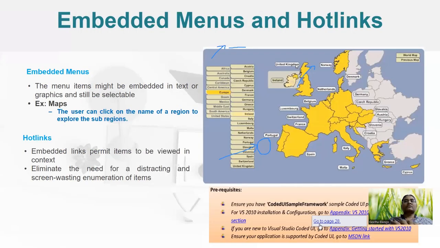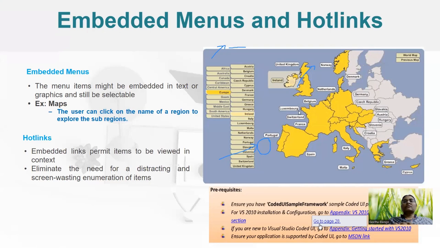The next one is embedded menu and hot links. So embedded menus are like what you have in your Google Maps. Okay, so you can view the name of the location in the Google Map. So once you click on that, then you will be able to get the description about the particular location. Even it is available in the